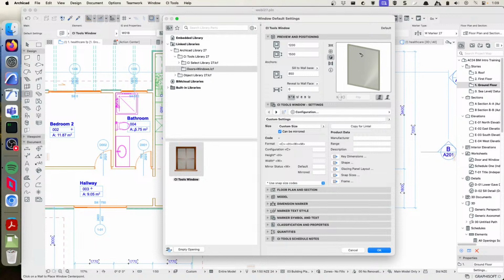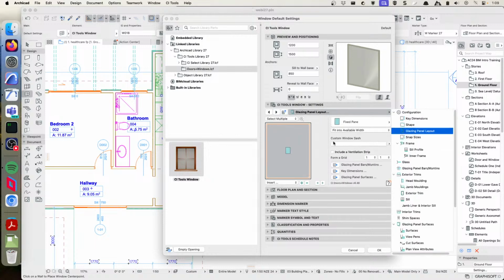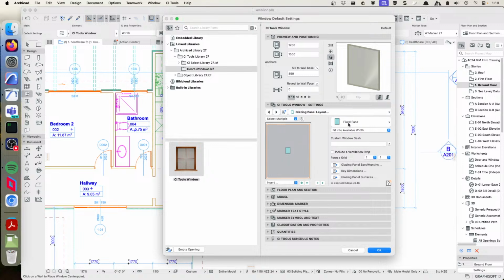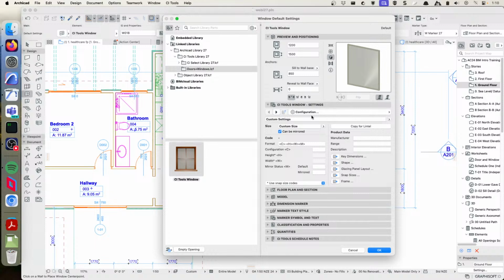So you can see we've got just the default settings for a window here. So it's 1200 by 1500, single panel. If I go through to the glazing panel layout here, you can see what we've got here, just a single fixed pane, and it is set to fit into the available width. Now what we can do with styles, and this is the reason why you might want to use styles, is that we can go and select a preset style, which will give us a different style for the window that we have. So I can go through here,